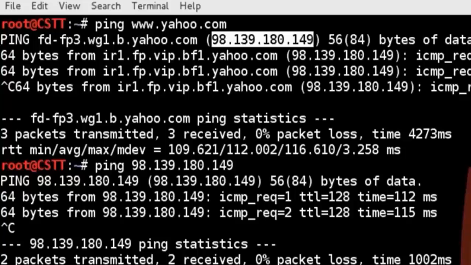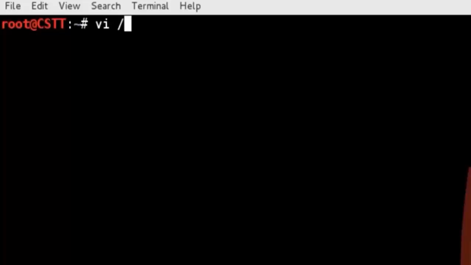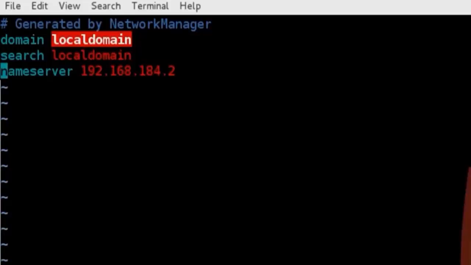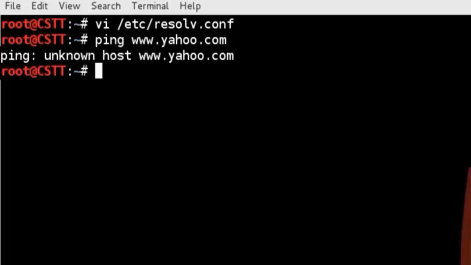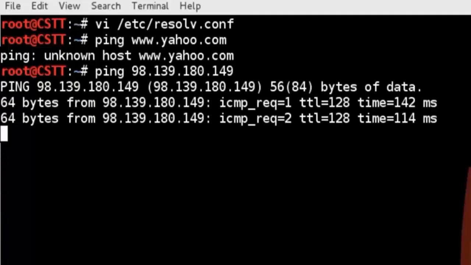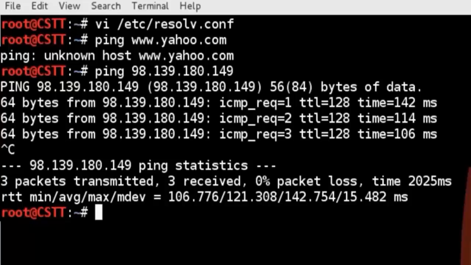But let's say that I'm going to access the DNS configuration, which is right here, and I'm just going to comment out the name server like this. If I ping Yahoo, you can see it says unknown host. But if I ping the IP, you can see that I'm still getting a response. That's a pretty common mistake, that when we are trying to ping domain names and we see that we don't have a response, we think that we don't have connection, we don't have any internet access, and that's not true. As you can see, we have communication,